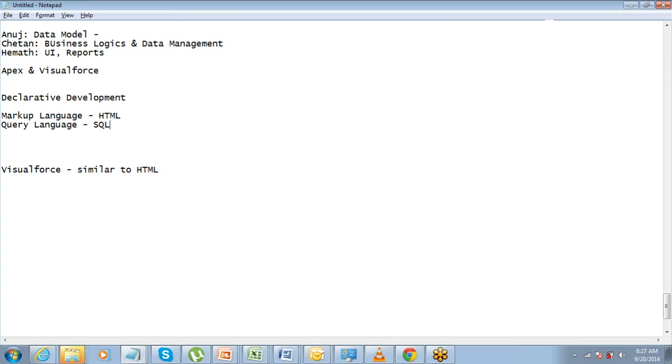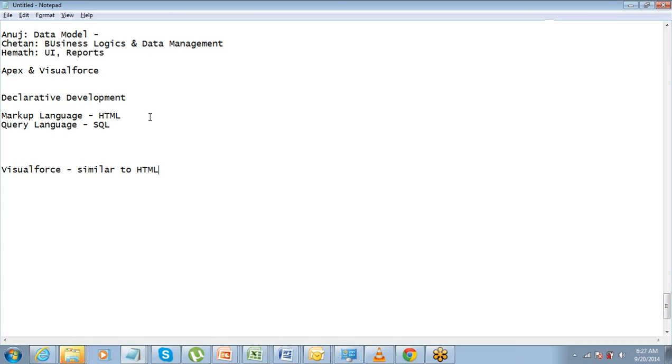This query language is used for querying the data, retrieving the data, or making certain changes in the data. So it always has to do something with the database. We need a query language here because we have the database. We have already created objects and we have to fetch the data, or fix something in the database.